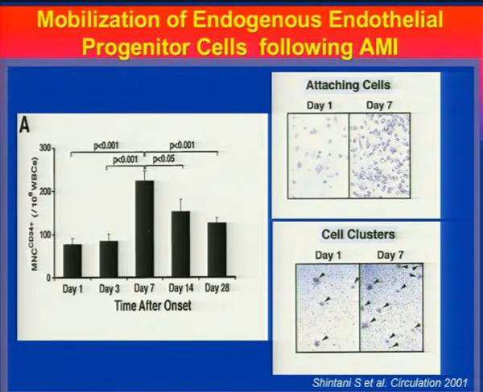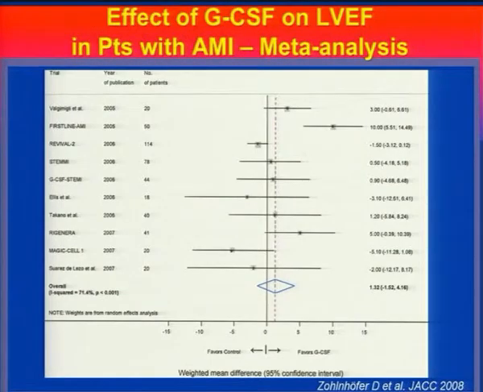And there is a report that 7 days after onset of infarction, endothelial progenitor cells are mobilized from the bone marrow. So day 7 is the peak. And there is another report that mobilization enhancement and activation reduce the infarct size and reduce the remodeling. So after that,